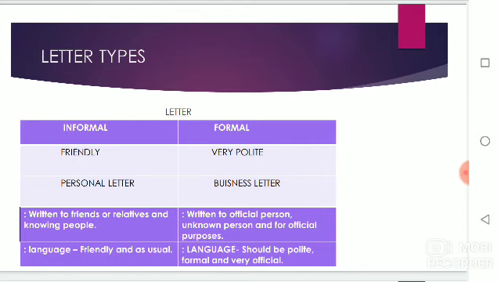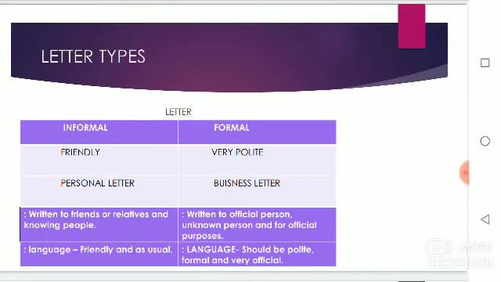But at the same time, when you talk to your friend, that time you use very regular languages, very vernacular language, means what you use in your daily life. So that is the difference between informal and formal. At the time of being informal, you don't have any care about being rude and being familiar and being angry, everything. But at the time of talking to an official person, you have to be very polite, and you have to be very formal, means you must use very formal languages, means very good languages.